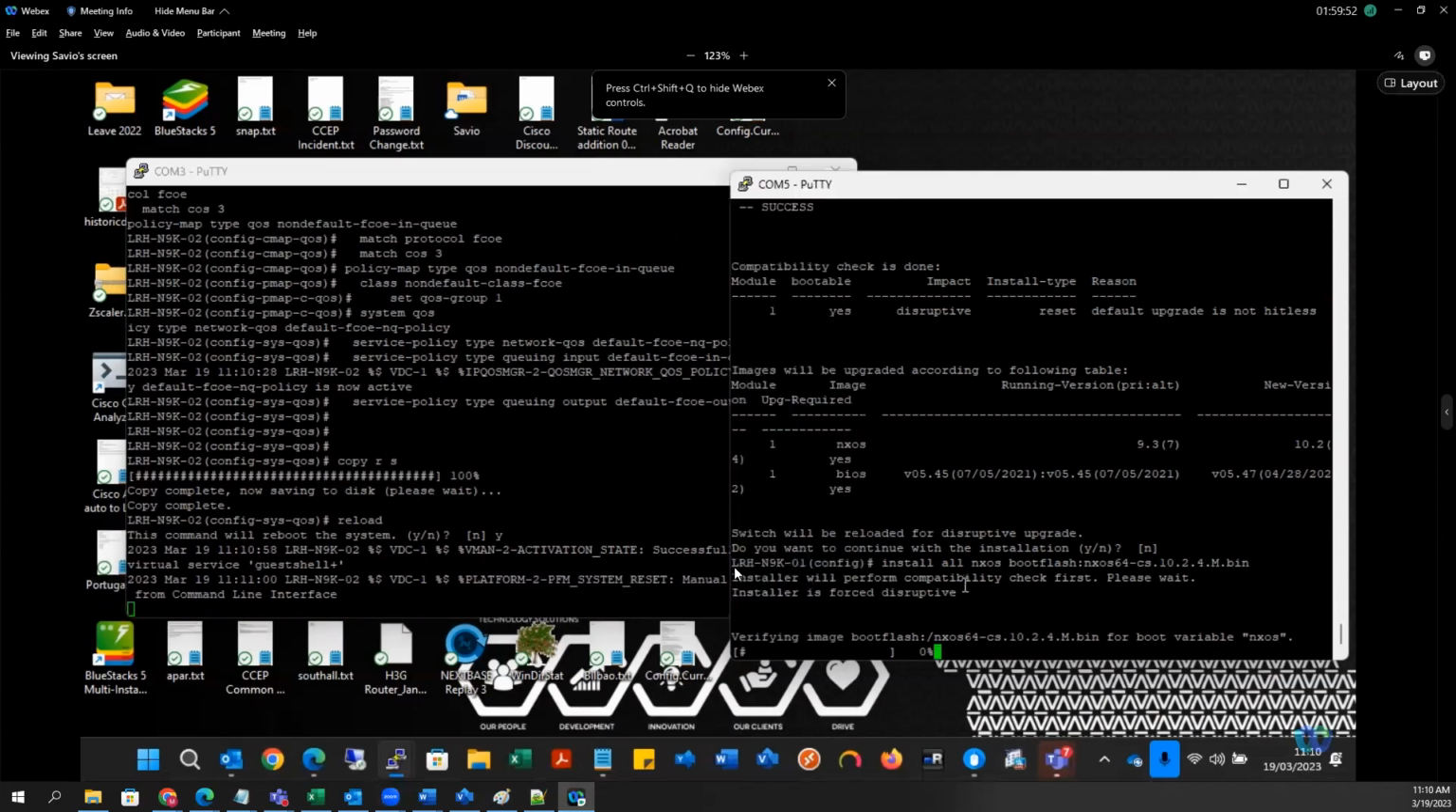Meanwhile, switch 2 is updating. This is basic configuration. We will paste the configuration one by one. And before that,